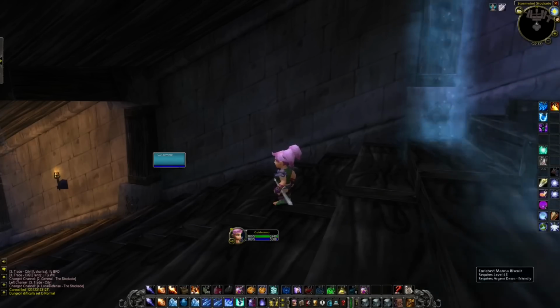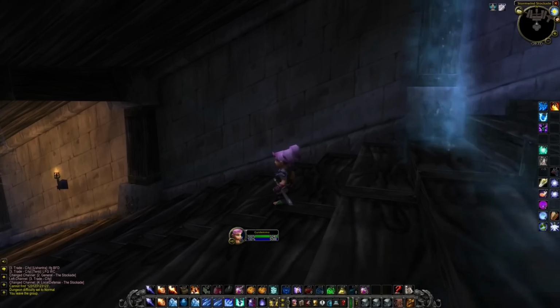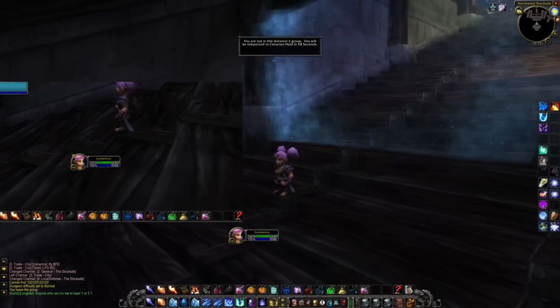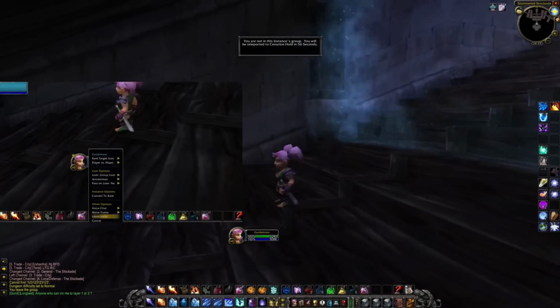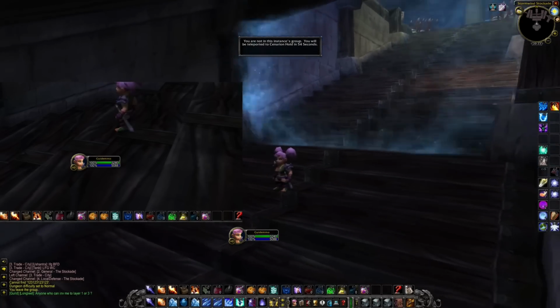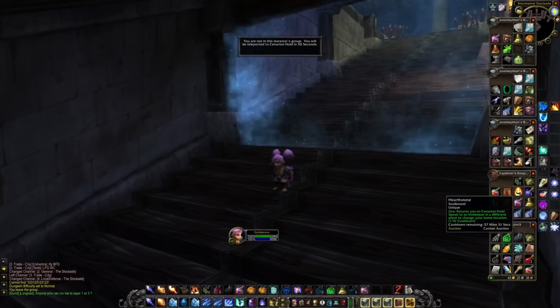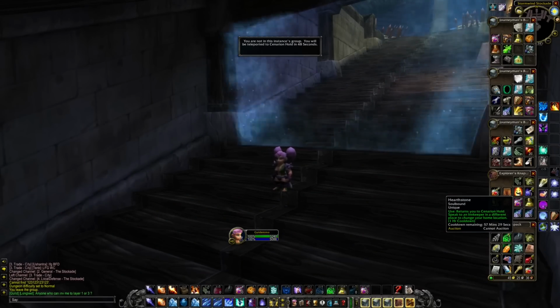But what you can also do is enter a dungeon. And when you are inside the dungeon, you type /invite and then just something random. This will allow you to get into a group, and then you right click on your portrait and go to leave party. After a couple of seconds, you will get the message that you will be teleported out of the dungeon in a minute. So right now there's currently a 57 minute cooldown on my Hearthstone, but this trick will